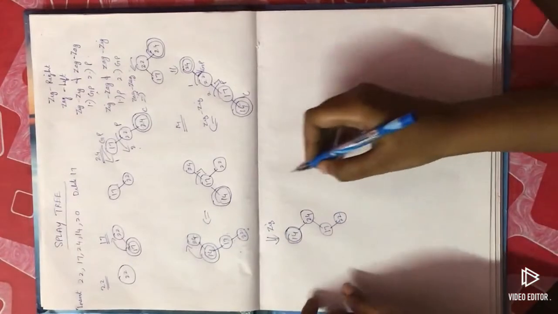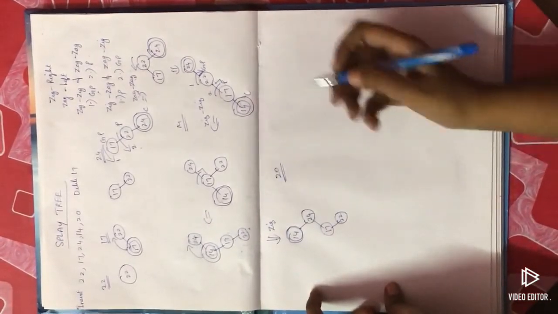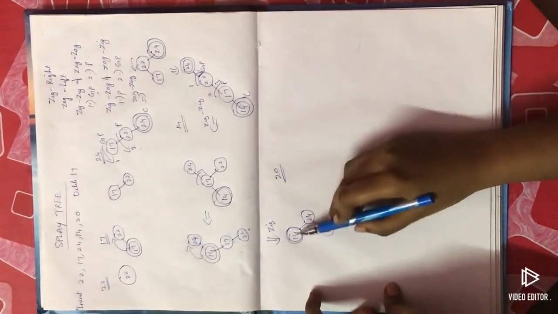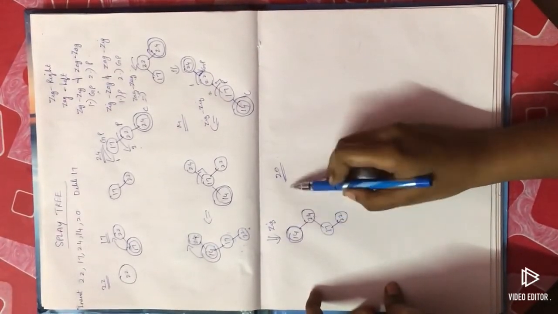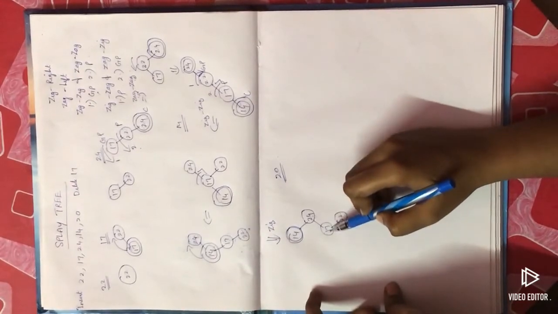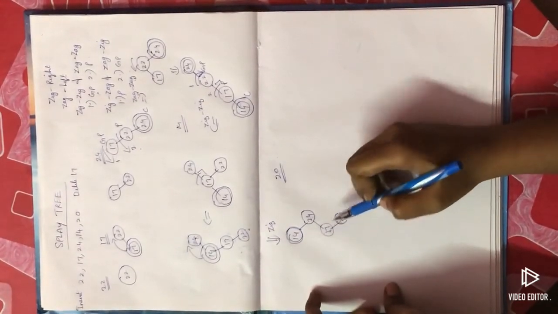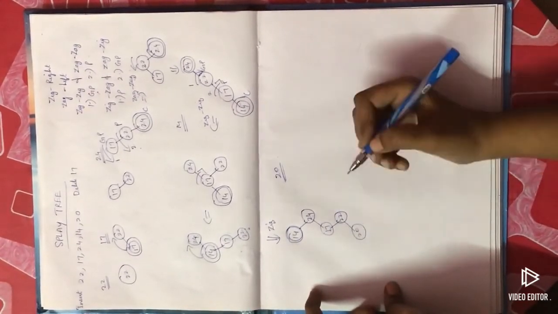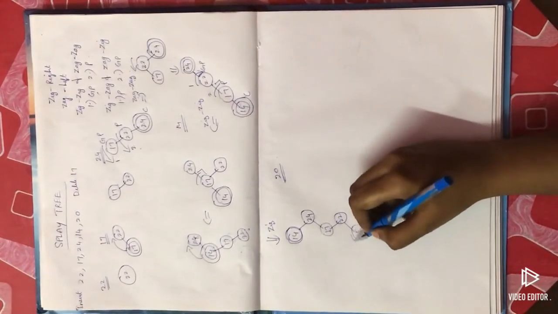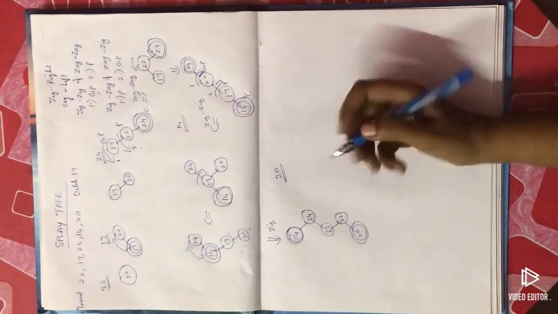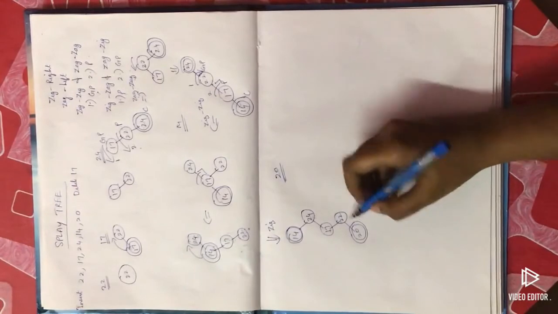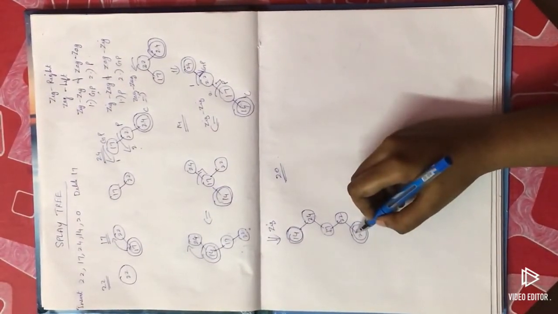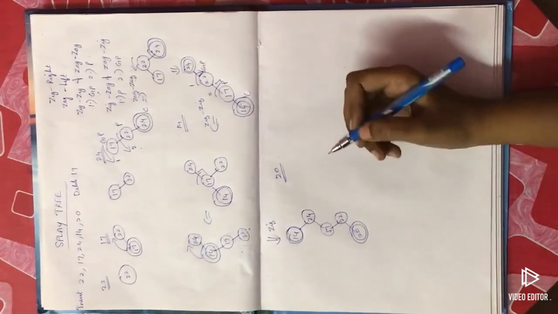Next we are going to insert the element 20. Where will we insert the element 20? Compare 14 and 20, it is greater, so right side. 24 and 20, it is less, so at the left side. 17 and 20, again greater. Again 22 and 20, it is smaller. So at this place only 20 will be inserted. Now I am going to splay this 20 to the root node. What rotation do we need to follow? Zigzag rotation. First we need to rotate the right side, then we rotate to the left side.